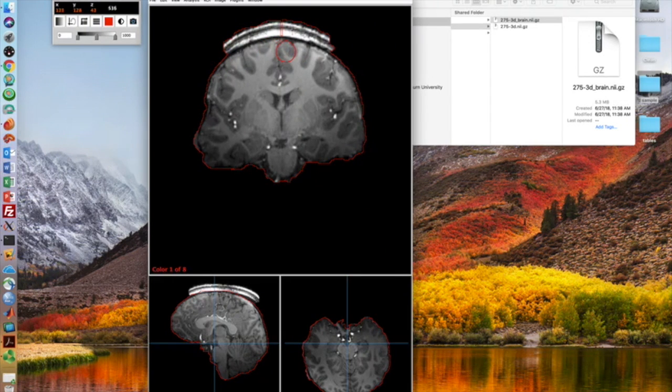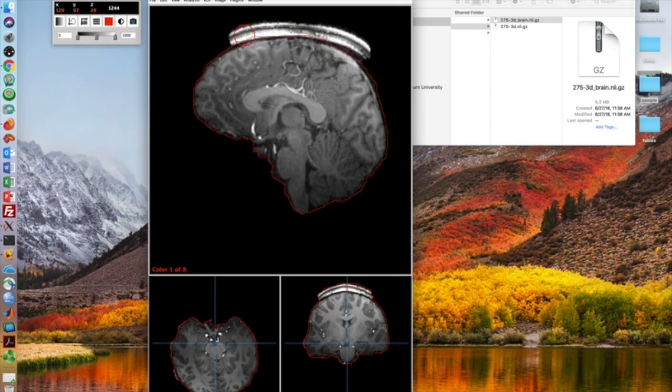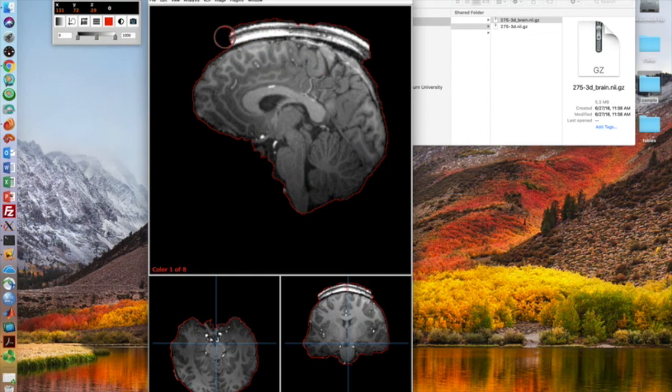So here, hopefully you can see it on the video, but there's a little divot, and that's just the two slices that I went ahead and altered. So if we continue to do this across the brain, then we're going to see here in just a second. So I'm just going to do a couple more slices. All right, and again, we want to just make sure that we're a little bit liberal here. We don't want to accidentally get any brain material. So let's just envision that I did this for the entire